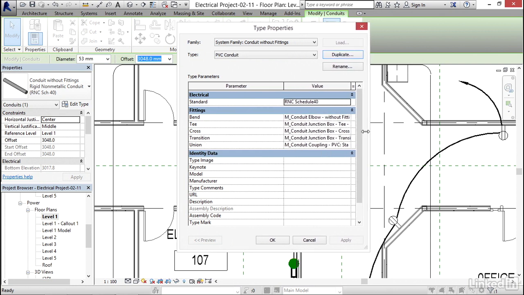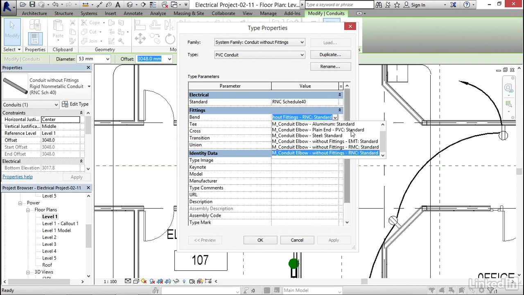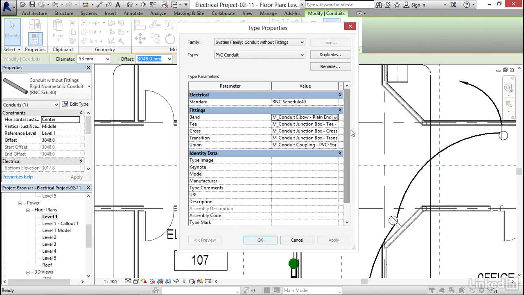Now what I'm going to do is just start changing stuff up. So my bend, I'm going to click the drop down here. I'm going to grab PVC standard here. I'm going to grab my PVC standards in all of these drop downs. Notice too that we have different types of conduit. So when I click OK,